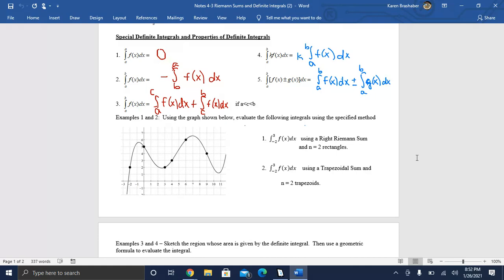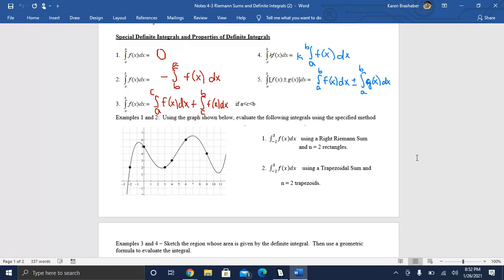So those are some properties that we will use as we start evaluating definite integrals. Notice that with definite integrals, I'm saying evaluate because you will come up with a numerical answer, and this will represent area under a curve. All right, so our first example, actually examples 1 and 2, are going to be the calculation of an integral